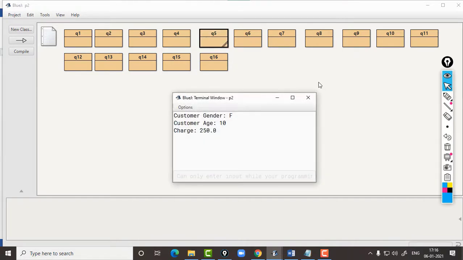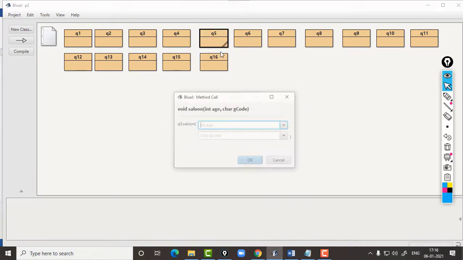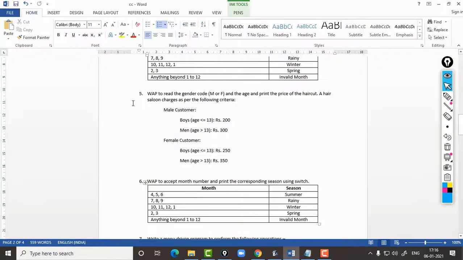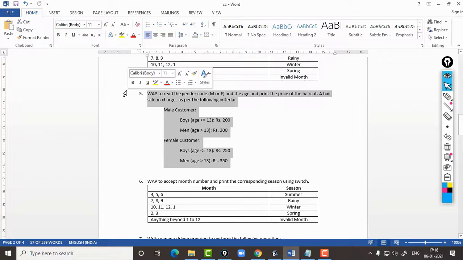So the charge for female below 13 is rupees 250, and if the gender code is something else other than M and F, then invalid gender code, exiting, program stops. So I hope you have understood this program number 5.